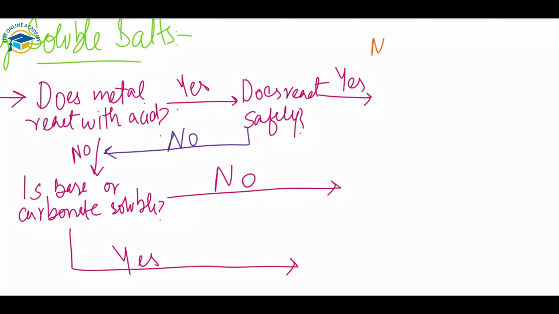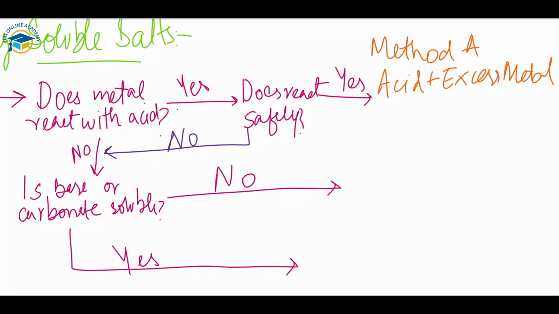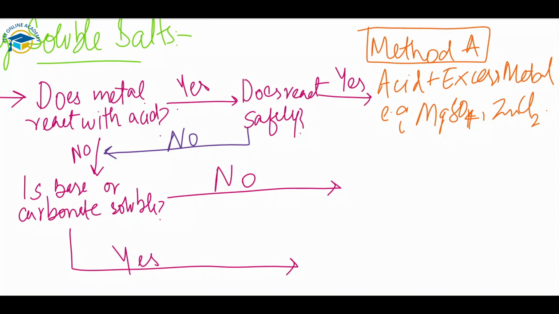and that method is that you can prepare a salt by using excess metal and acid. Acid plus excess metal can react together because the metal can react safely, followed by filtration. You can then do the filtration for the separation of that. So you can prepare salts, for example magnesium sulfate, from this method. You can prepare zinc chloride from this method. So these salts can be prepared by method A if the metal is reactive. Next method for the preparation will be,